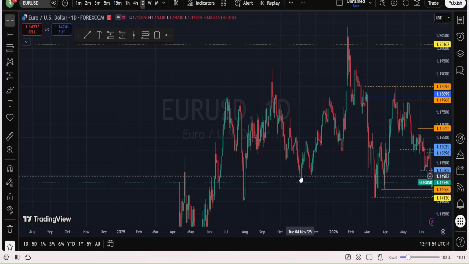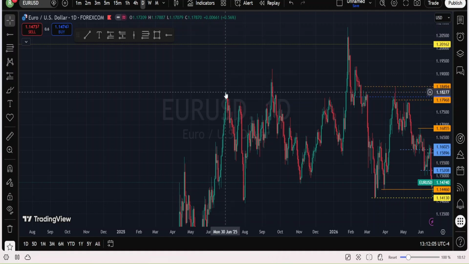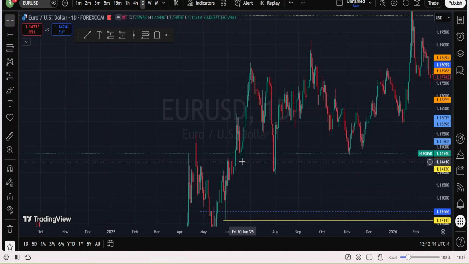So if you understand this, it will help your trading. Here's the most important thing to remember: price always hunts liquidity before making the real move, just as I have shown you in this place. It hunts liquidity before it makes its real move. So if you start watching out for those things in the market, it will help you.